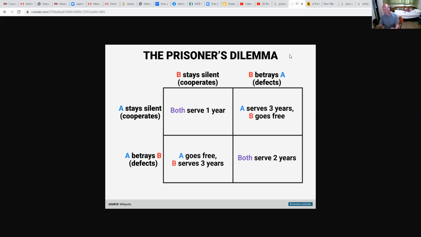And the idea is this: two suspects have been caught by the police, and they've made a pact before they get caught not to rat on each other, which of course is the right thing for criminals to agree with one another. That seems very important to the criminal world, at least in all the TV shows I've seen. You don't talk about each other. You don't turn each other in. And then, of course, the police want you to turn each other in because then they have evidence to convict you. And so this is the dilemma.